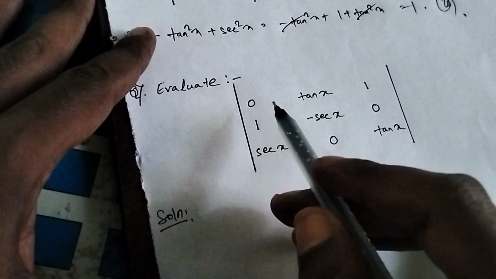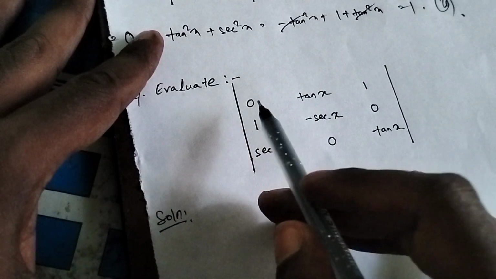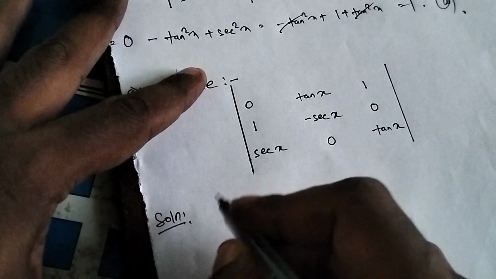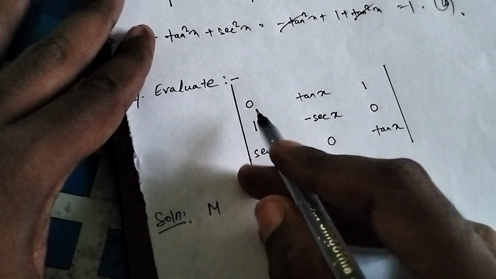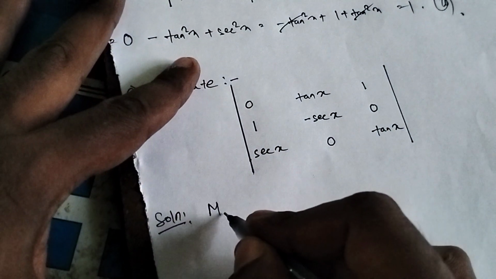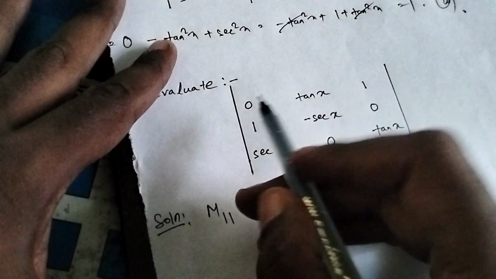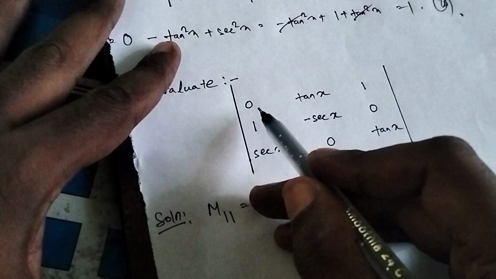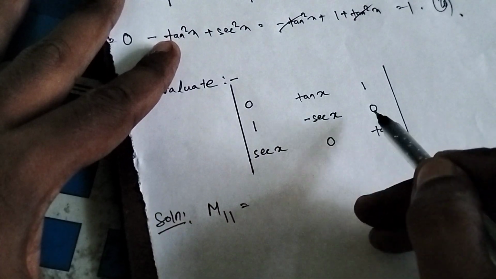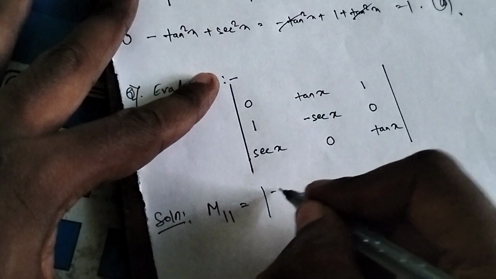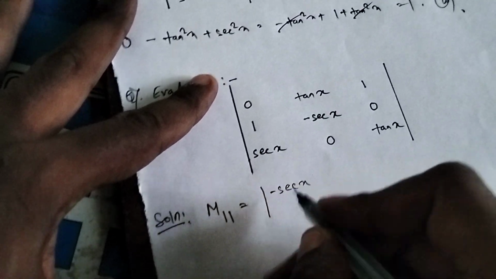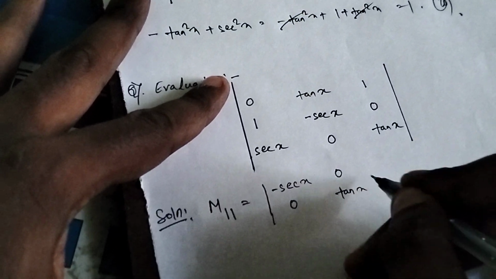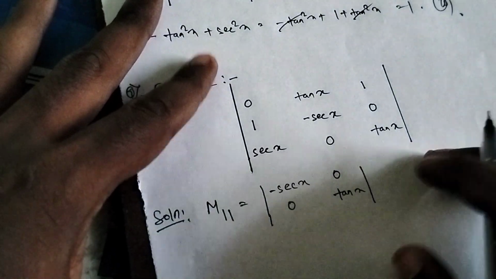At first we'll find the minors of this first row. We will expand the determinant along the first row, so we'll find the minors and cofactors of this first row. So minors of this first row, this is row 1 column 1. Minors of row 1 column 1 will be, we can't take any element of this row and this column, so remaining is minus sec x, 0, 0, tan x. Okay, so it will be